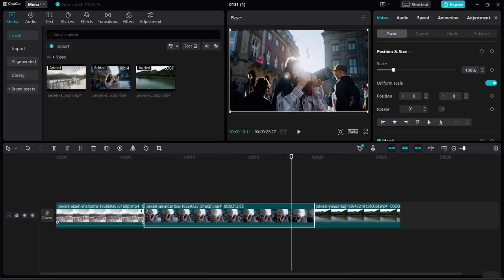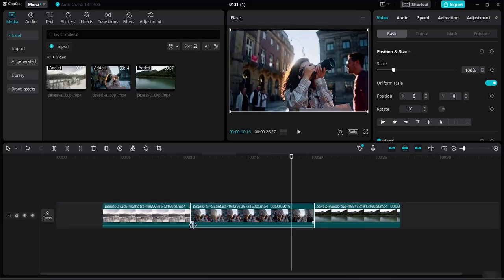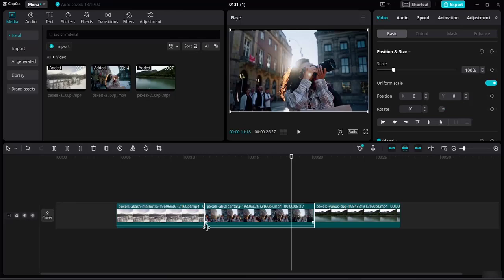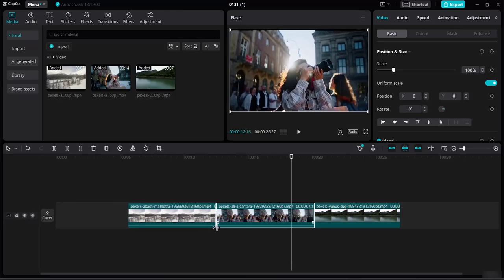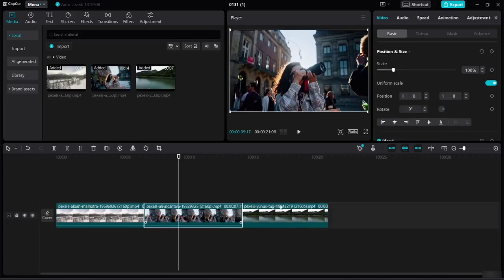So I will come here, and once I am here at the starting of the video, you can see once this particular thing applies on my screen, I will just drag and drop this one quite like this. Okay, I can choose the frame. So I want to start from this frame, and here you can see the total duration of this video